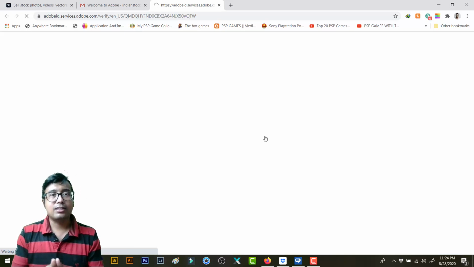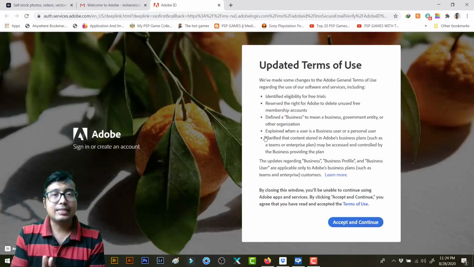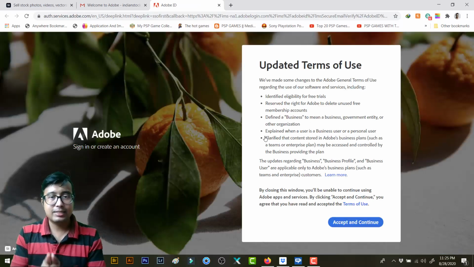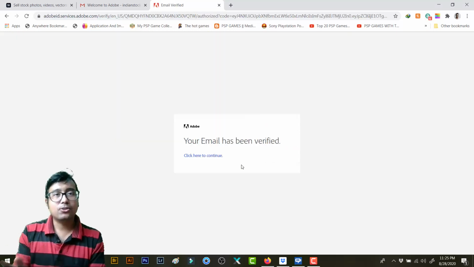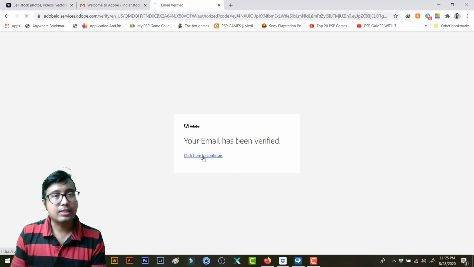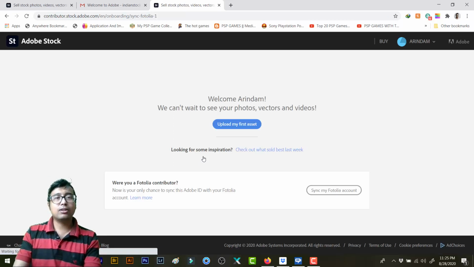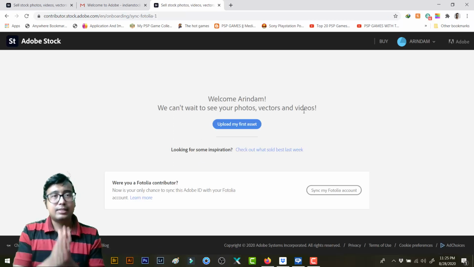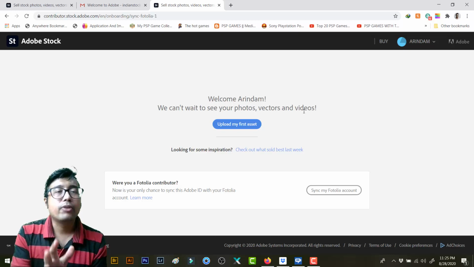After you are done, your Adobe ID will be validated, and then you need to click on accept and continue. You will get this screen, your email has been verified, and then you need to click here to continue.